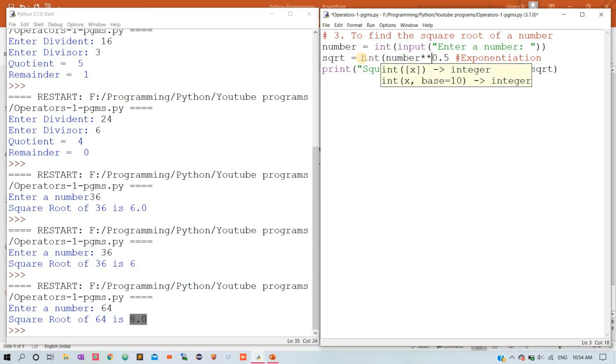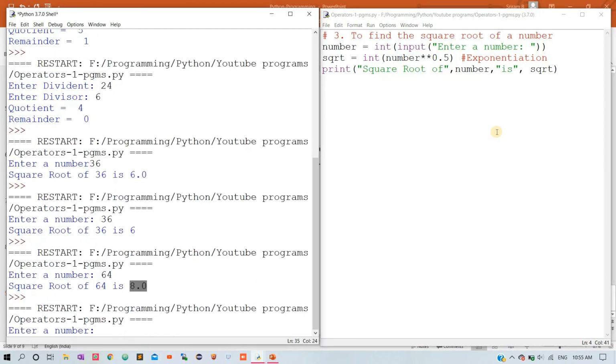So if you put int of the output variable, then if the input is 64, the number stores as 8.0, which is converted into an integer 8 and stored in the variable sqrt. So if we run this, the output will become 8 and not 8.0. This is called type conversion in Python.